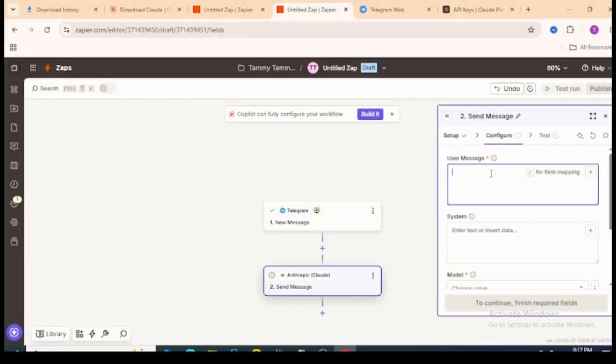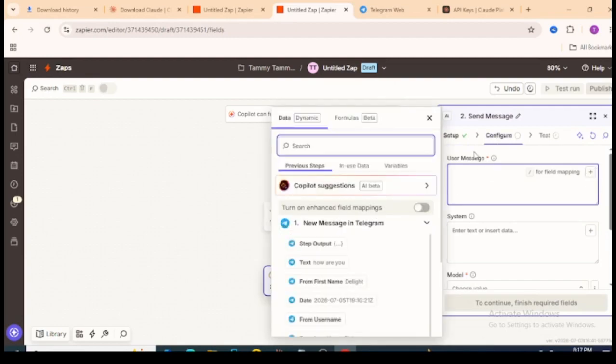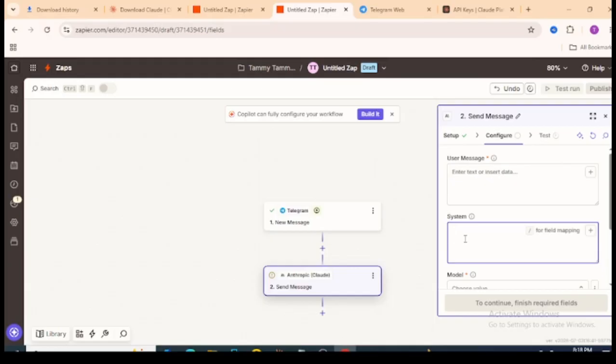All right, so once we're here, it says users message, so we'll click on plus right here. Or let me, before we come here, do this one. It says here system. All right, so system, this is what we need to program Claude to let it know what it's supposed to do for us. So I'll put in here: AI assistant, answer users questions